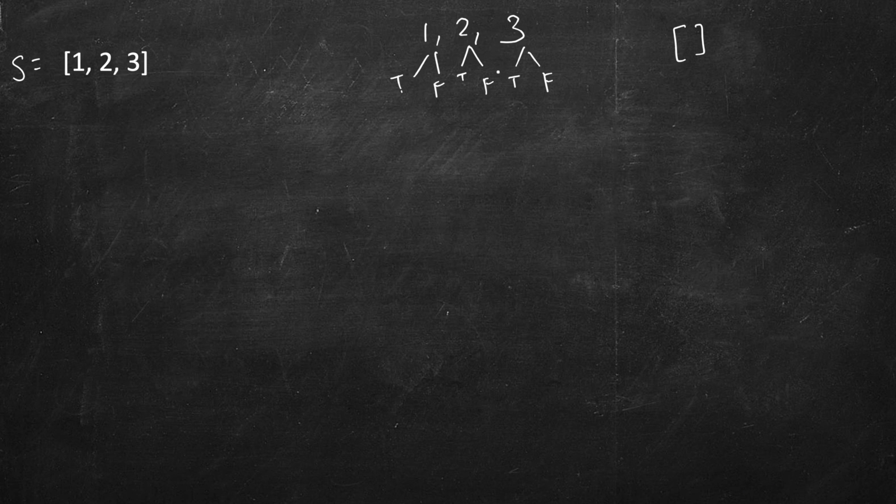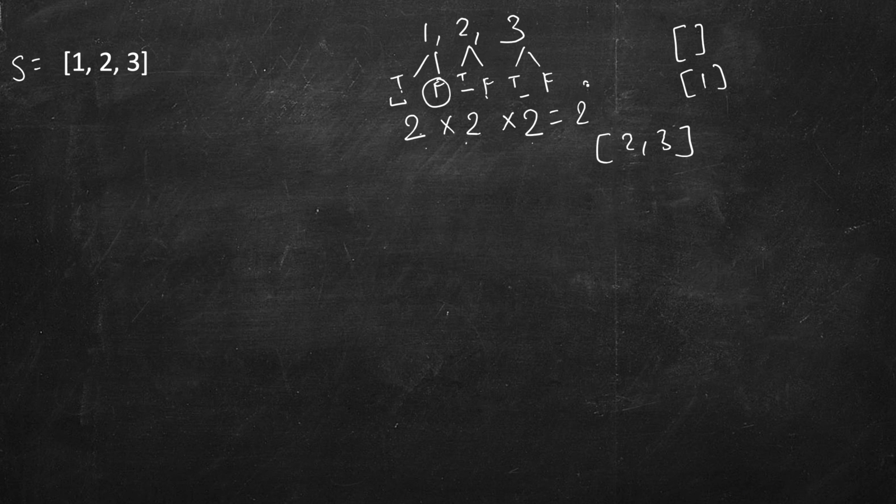Then we pick this one. So pick true of this, false of this, false of this. So we get 1. Any possibility you can find. Let's say we want to form 2, 3. So here we took this path. Here we took false, that is we did not pick 1, true, true. So there can be 2 possibilities for 1, 2 possibilities for 2 and 2 possibilities for 3. So in total there are 2 cross 2 cross 2, that is 2 raised to the power 3 possible combinations, or 8 combinations. So let's list them.